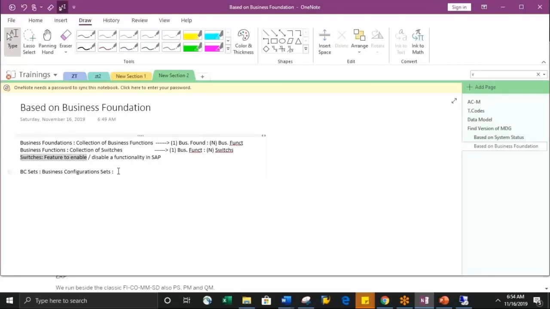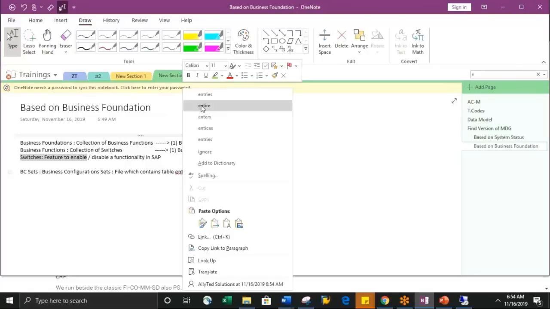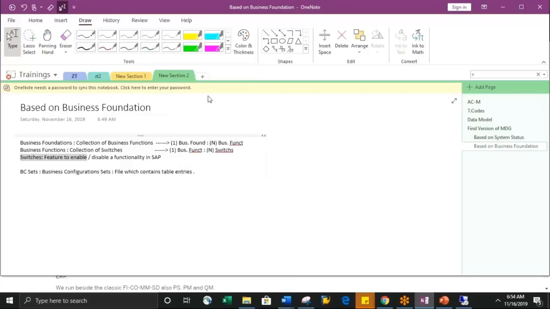So a BC set is a tool or a file which contains table entries, used to move table entries from one system to another system